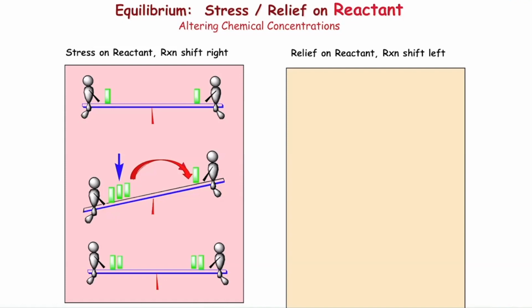Let me try and clarify the confusion. If you add more reactant, you might say to yourself, oh, more reactant, that means that you will see more reactant. No, don't do that, because initially when you add more reactant, that goes into the solution, but the reaction is going to respond and cause that reactant to convert to product. So what you actually see is the effect of the introduction of reactant. And so what you will see is the production